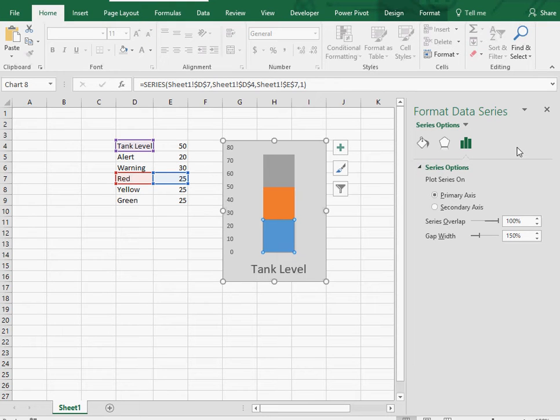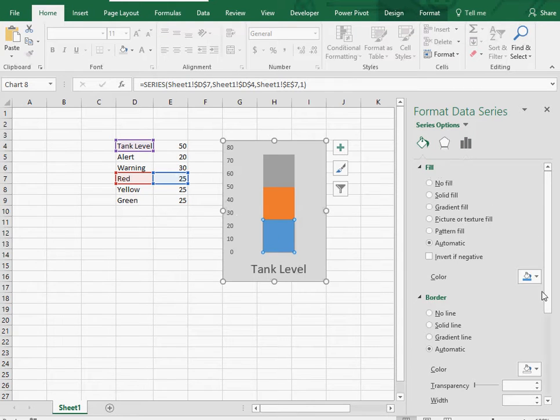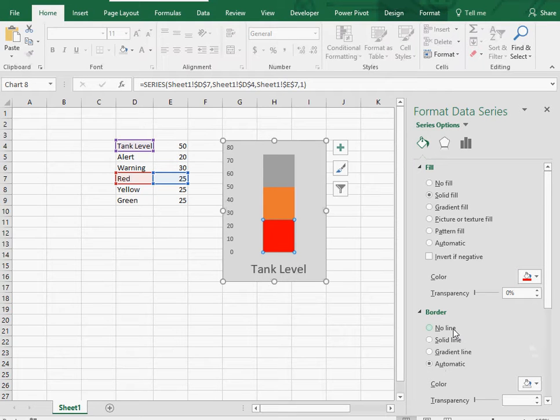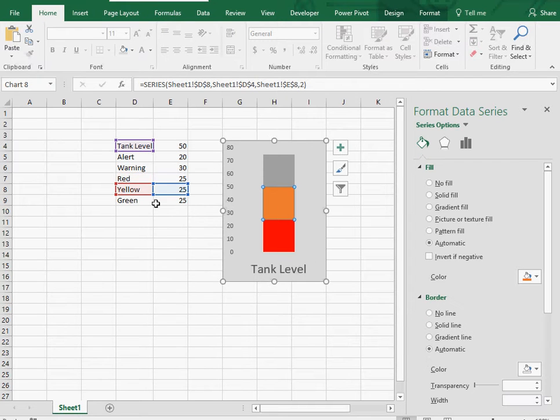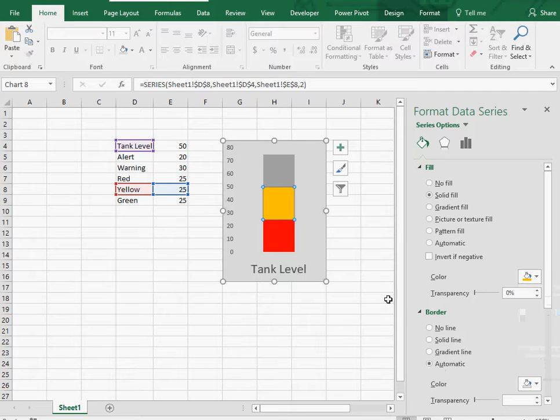the formatting. And what we're going to do, we're going to select the red first right here, and we're going to color it red. And this is important. Get rid of the border, because when it's a zero value, you don't want a border showing up in here. This is going to be our yellow value right here. So we're going to go over here and color it a little off yellow. That bright yellow is kind of hard to look at. Again, get rid of the